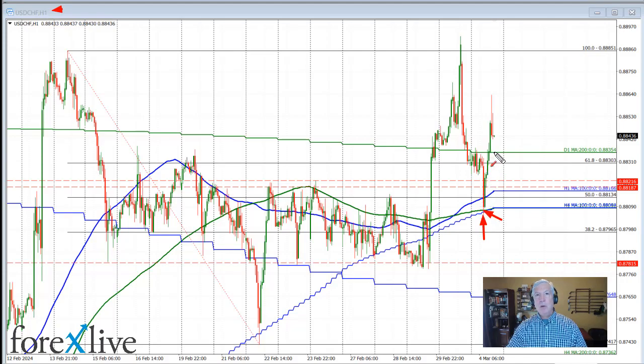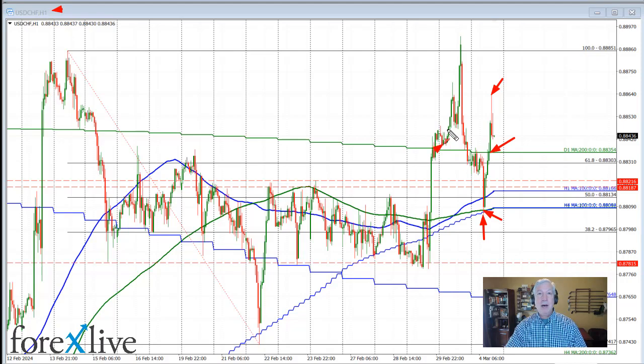back to the upside. When we moved back above the 200-day moving average, we started to see a little bit more of a shift to the upside here, and we've extended that rise to up near the 88.64 level before rotating back to the downside over the last hour or so of trading. The 200-day moving average here at 0.88354 is now going to be support for this currency pair as long as